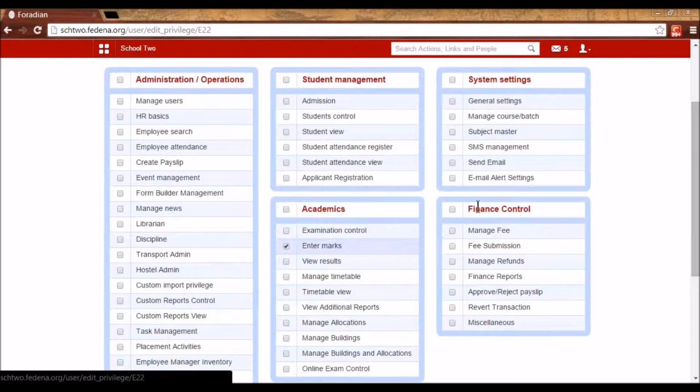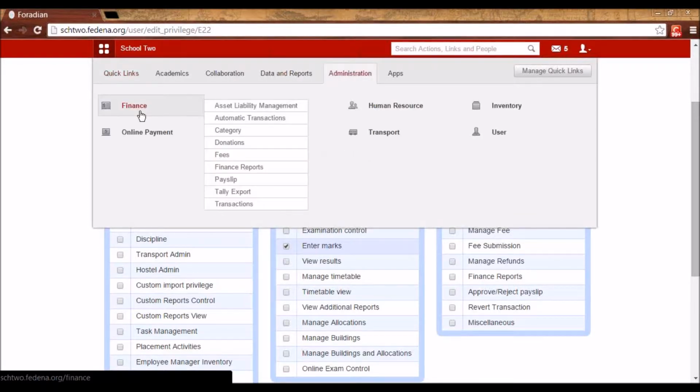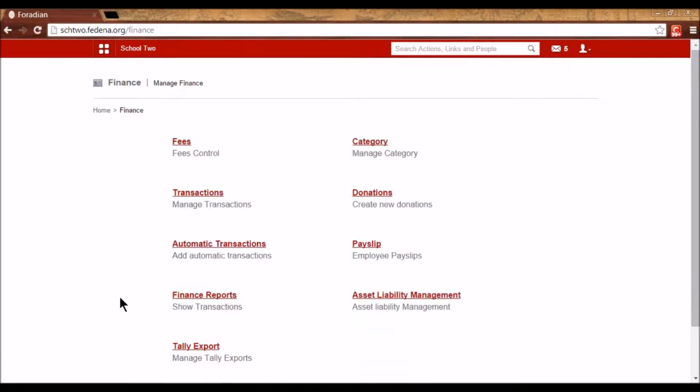Earlier finance was only one single module, which is finance control. Now it has been split up into different sections. So the employee will be able to do what you assign in finance to that employee and not everything in finance. Finance is now broken up into a lot of links, and we can assign them as per the requirement.